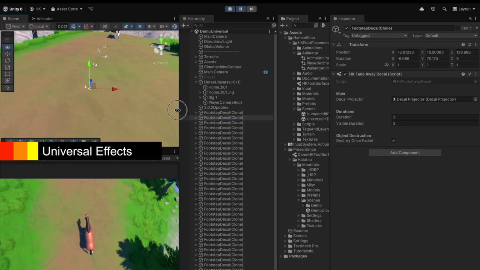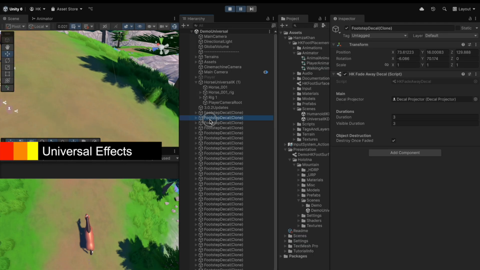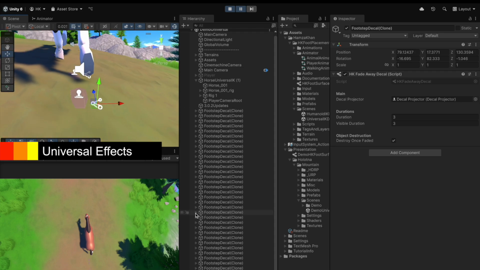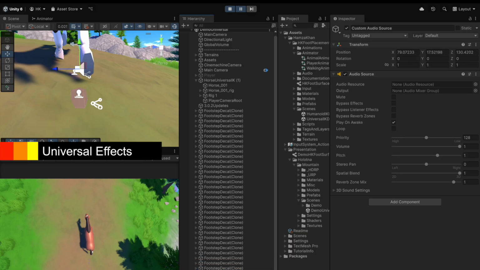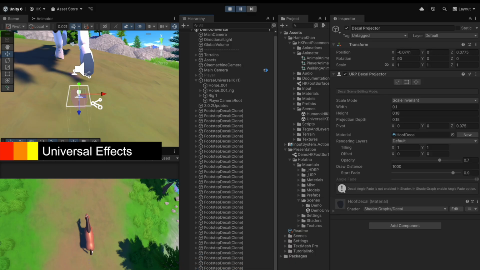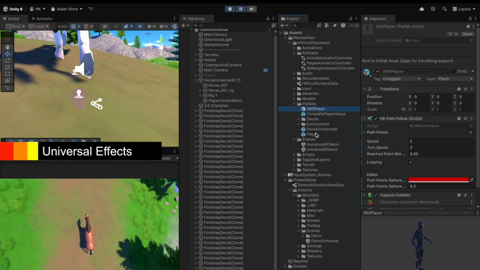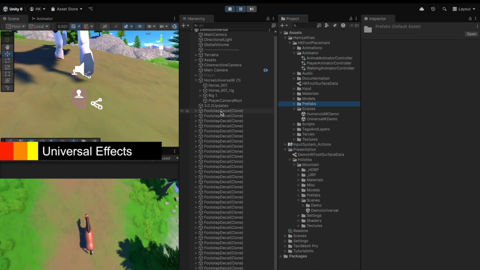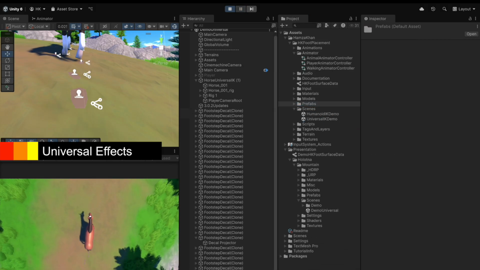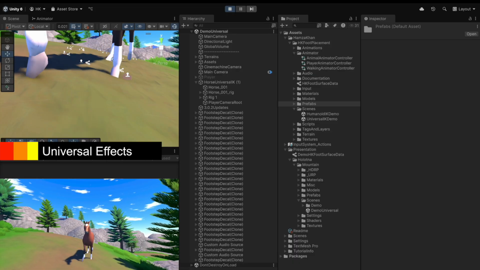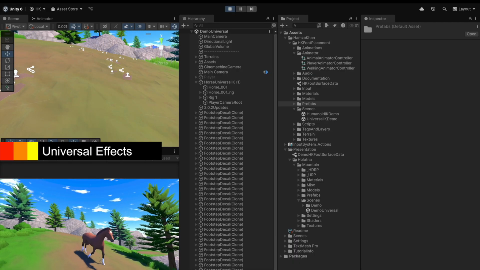As you can see, this one's faded almost all the way, but if you look at the others, which have good color like this one, you can see where the pivot is. I got that to make sure that they're placed based on the foot position at the last moment. So that's how it works. Yeah, in that folder we have the decals. So I can walk around and it spawns the particle effects as well